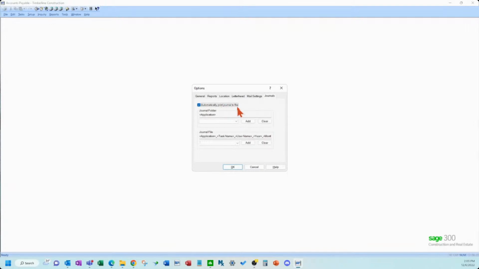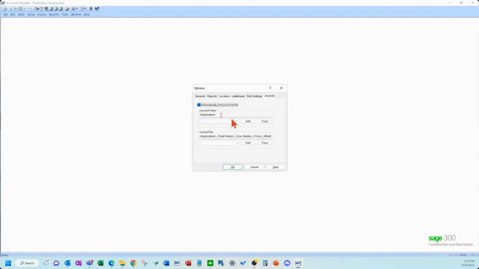So this will print it to a file and a folder structure of how I set it up right here. Okay, so if I turn this off, all of that's grayed out, and these will just go to paper when you print the printouts, or you'll have to name the file, which I'll show you how this works. You'll have to name the file physically for the electronic file name. Okay, so let's turn this on and let's look here.